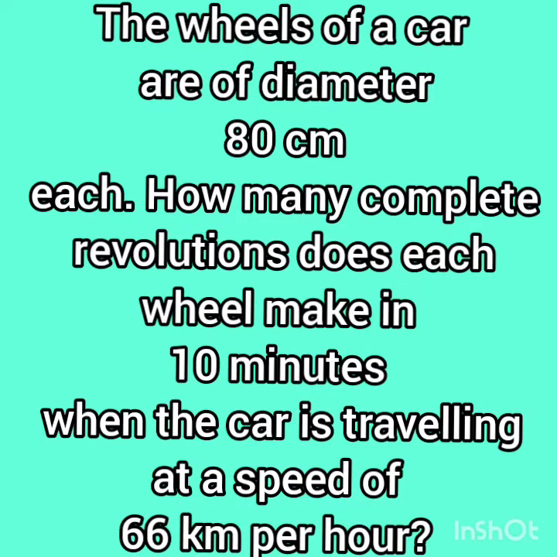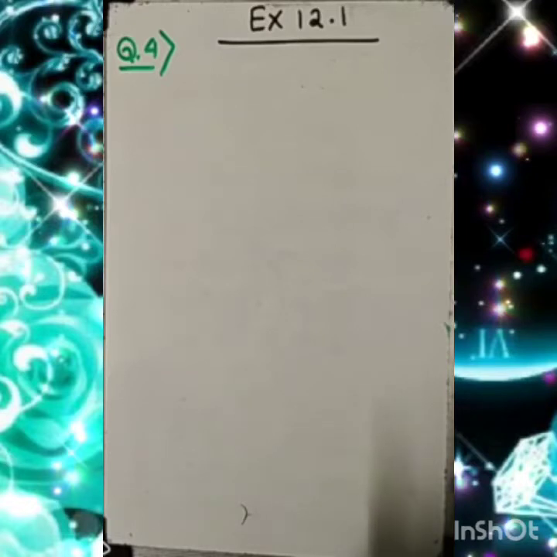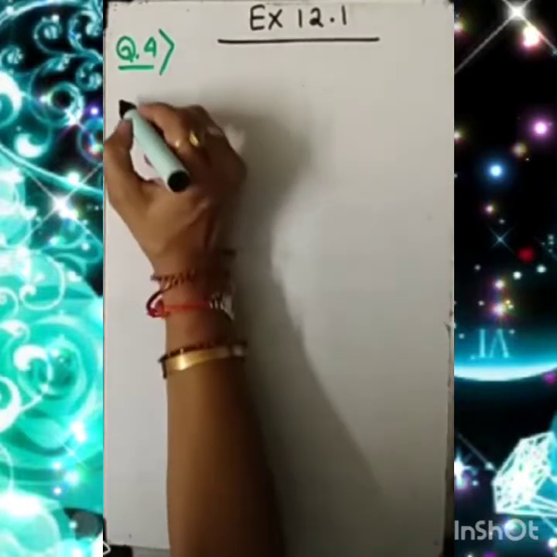So here, first of all, we are given distance, that is diameter is given 80 centimeter. That is the diameter of a wheel which we are going to use, but let's pause over there. First let's focus on this topic. Distance we need to cover in 10 minutes. Actually they are asking for distance covered in a particular time, that is in 10 minutes. That's what we are going to do first. Okay, so we are beginning the solution with this.